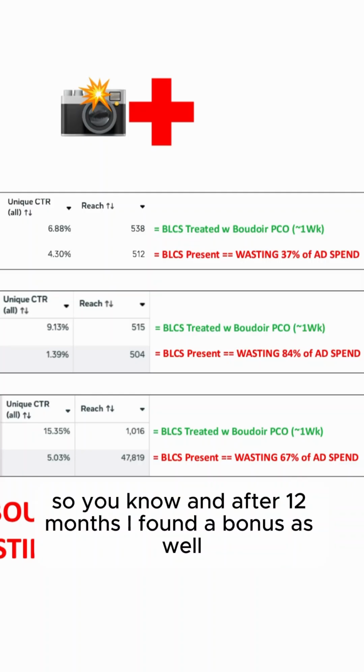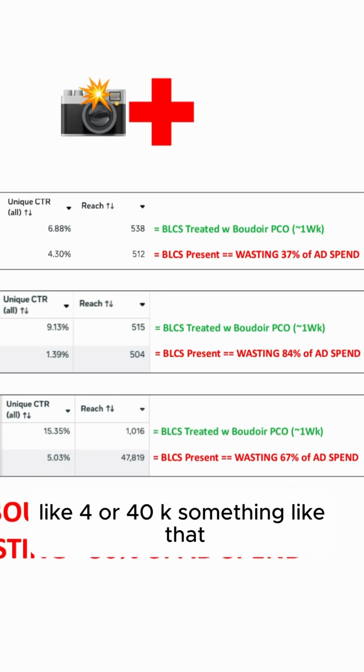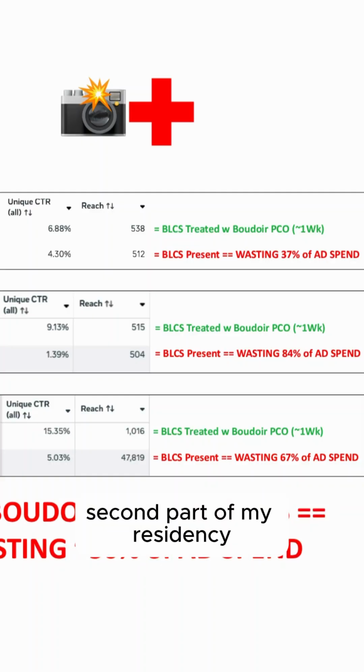So, after 12 months, that phantom bonus is what, like $40K, something like that. Second part of my residency,